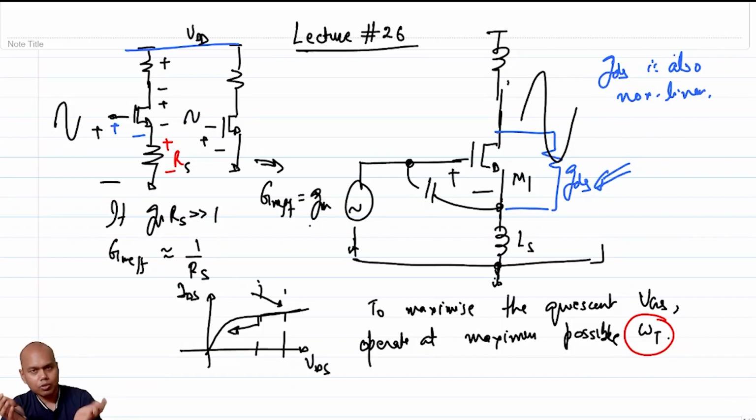So for that we had to resort to circuit simulators, and in that case what we basically do is try to bias your transistor to as high a GM as possible, or as high a quiescent VGS as possible, and then you run your simulation and check the output. Then check that if you keep on increasing VGS, after some value of VGS you are not going to see any improvement in the distortion numbers, and it will also start getting worse, right? At that time you know that you are being dominated by the GDS distortion, GDS nonlinearity, and there you stop